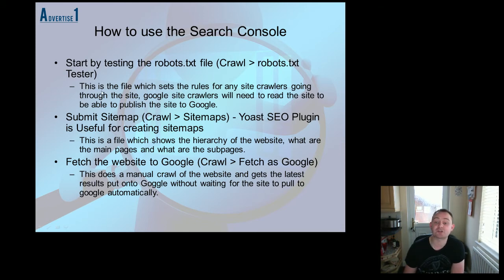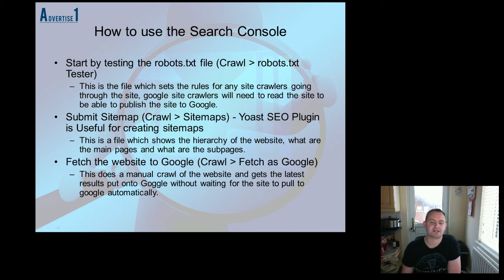Google site crawlers will need to read the site to be able to publish the site on Google. Then you've got submit sitemap, which is crawling sitemaps. You can use the Yoast SEO plugin, which is useful for creating a sitemap, and then attach it. This is the file which shows the hierarchy of the website and what the main page and what the sub